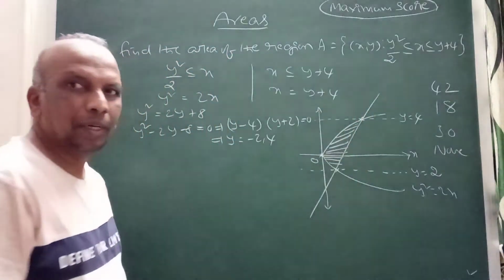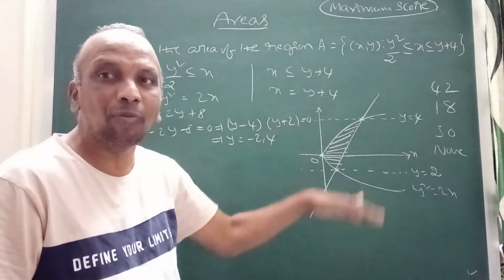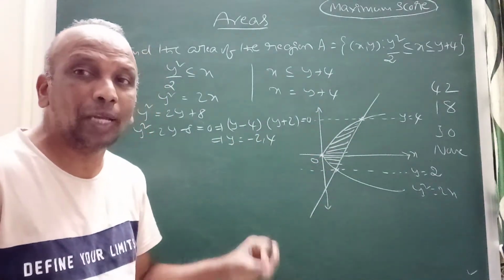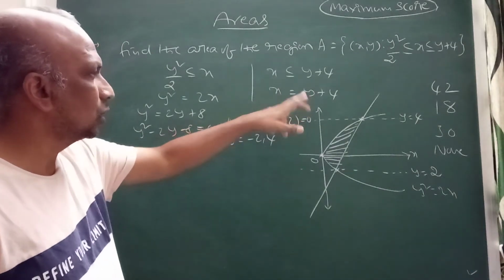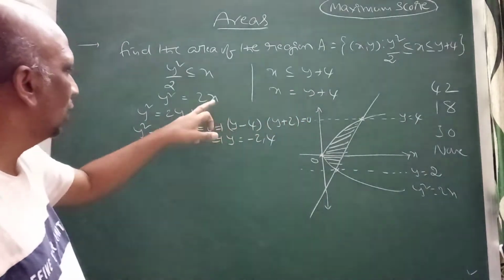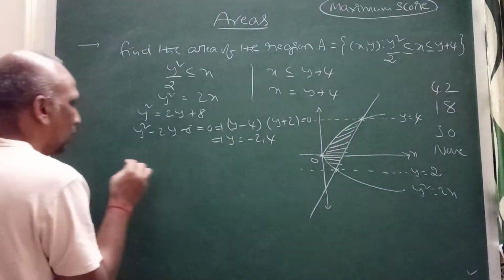That's the required area. How to find that? I am going to use y values. If I am going to use y values, the curve equation will be expressed in terms of y. In terms of y, x is equal to y plus 4, and x is equal to y square by 2. So what is the required area? I can write the required area equal to